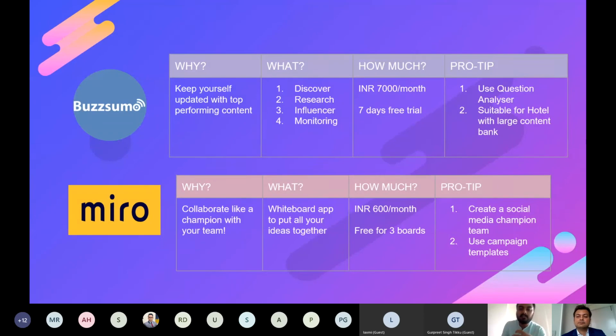It's discovery. It lets you discover the right type of content which is being picked up by people, which is being talked about. It shows the number of shares and reshares of all the content related to hospitality on the World Wide Web. So it's a very curated base, and you can set triggers and alarms. Let's say there are 4 different industries that I want to keep myself updated about. I can put those triggers, and the top performing content keeps coming to me, and that becomes my repository of readings. So that's what I do.